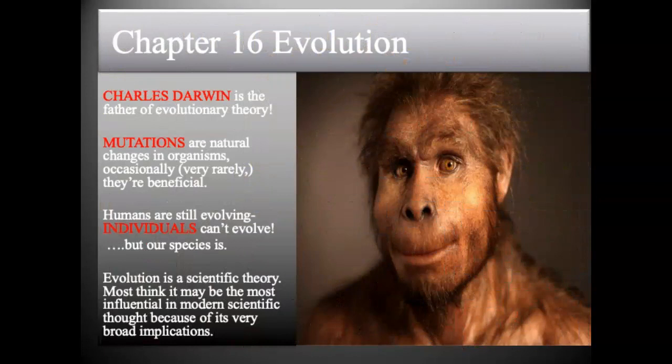So we can't talk about evolution without talking about Charles Darwin. It is important to note that just like Watson, Crick, and Rosalind Franklin, Charles Darwin simply discovered the mechanism for evolution. He did not invent evolution. He simply is the person that discovered the mechanism. You will find that there were others around his time who also discovered the mechanism, but got it a little bit off in terms of how evolution actually works.